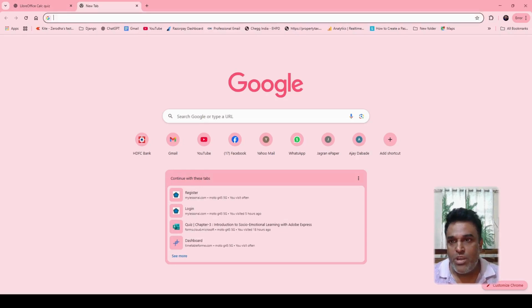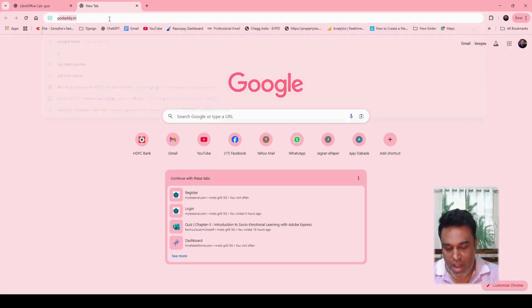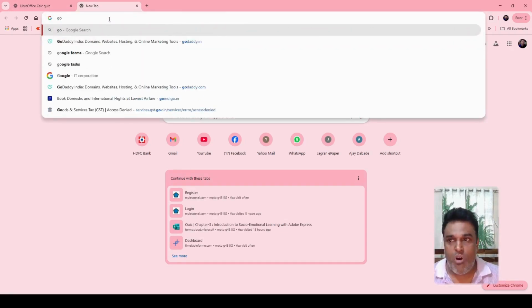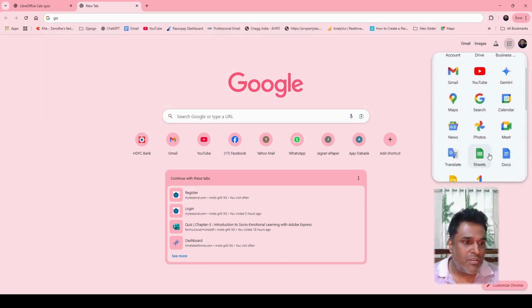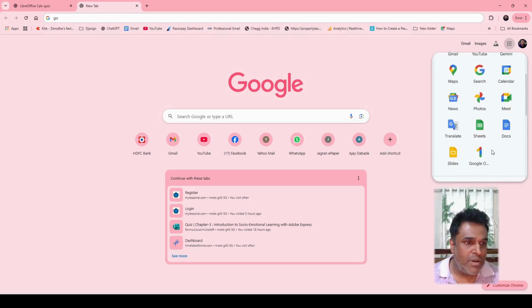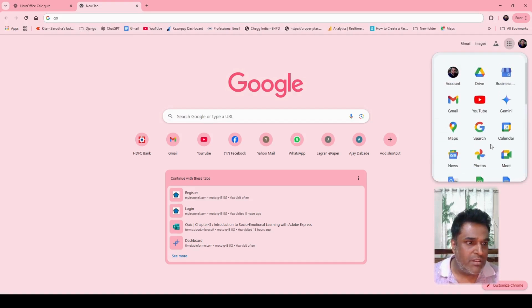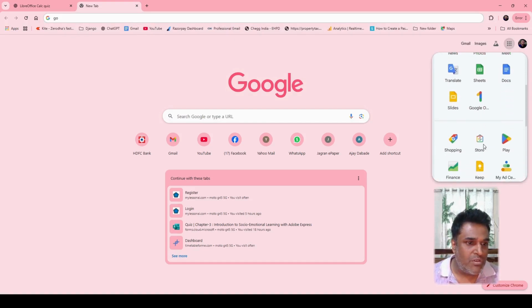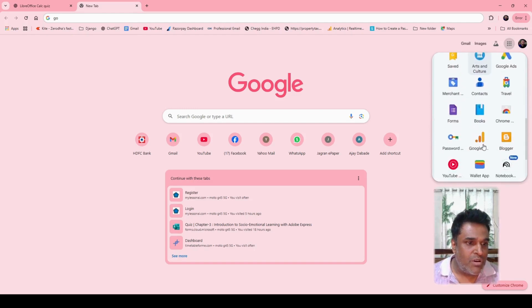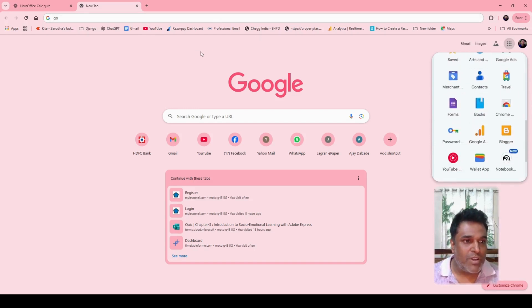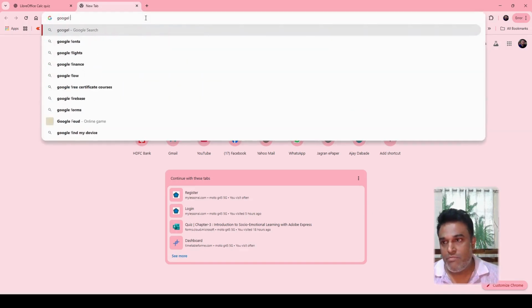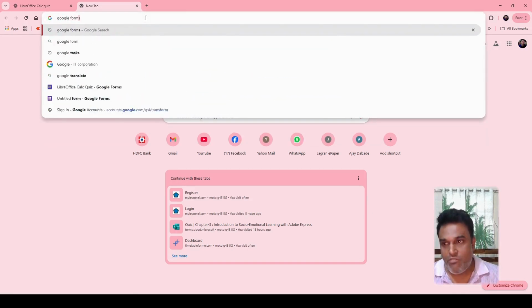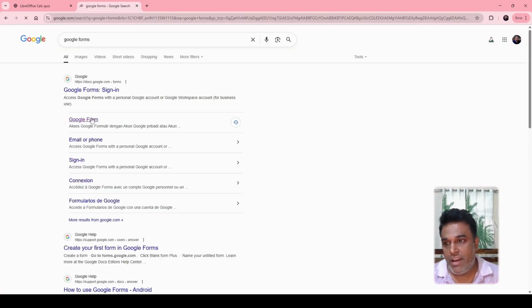Okay, I'll go to a new tab and over here I will go to Google Form. What I can do is go from here also, like that's Google Form. If not finding it over here, no problem, I will just do it from here. Google, that is Google Forms, and then click on Google Form